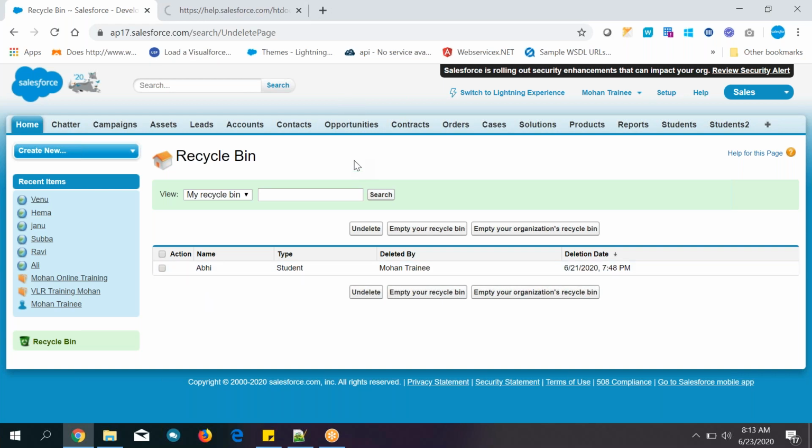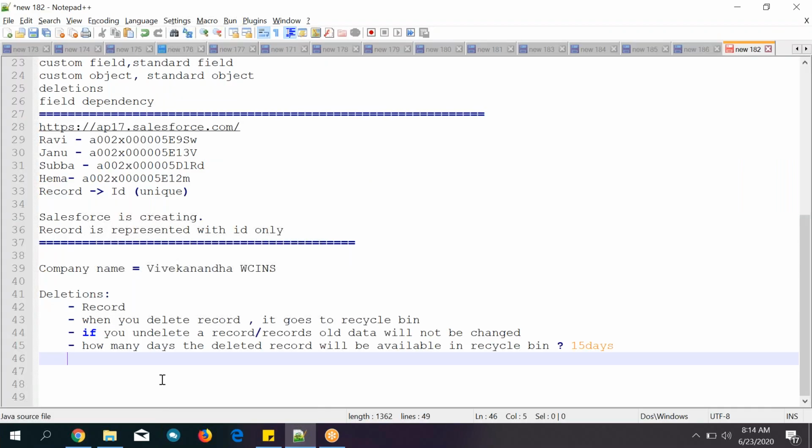Once you have created a ticket with them, they will check your data, particular object and these records, and if the data was deleted within 3 months or 1 month, then they will revert it and send you the data in an Excel format or like that. They will download it and get it to you. Okay, and you can do whatever you want after that. So generally here, soft delete and hard delete.